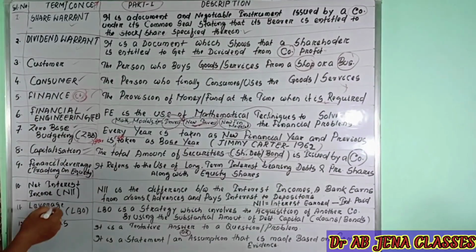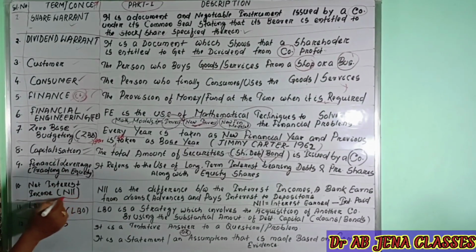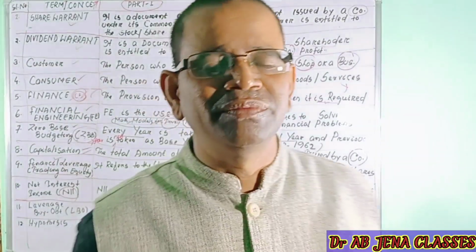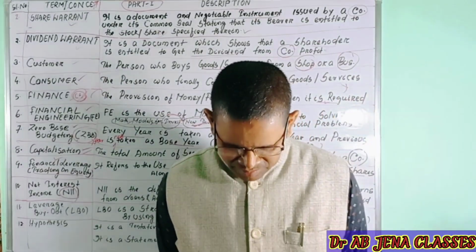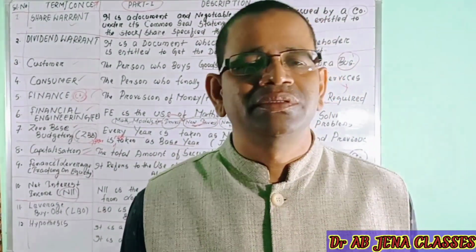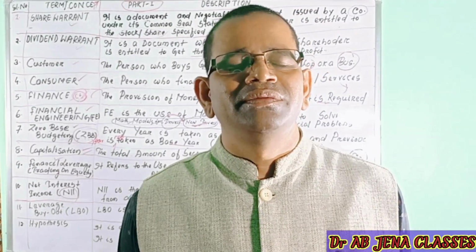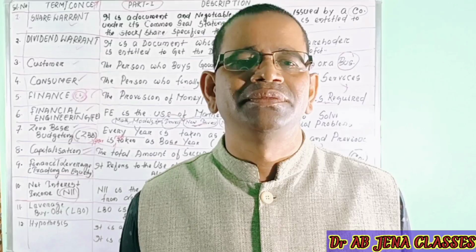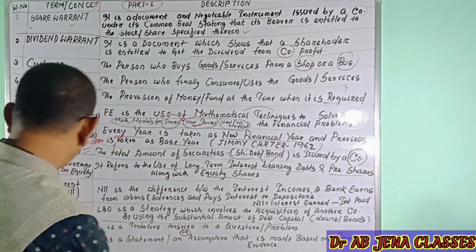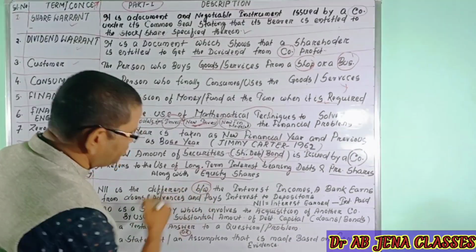Next one is net interest income, NII. What is this net interest income? Normally this term is also used, and it's also very interesting to know. Normally in the banking sector this term is used more. What is this? NII is the difference between